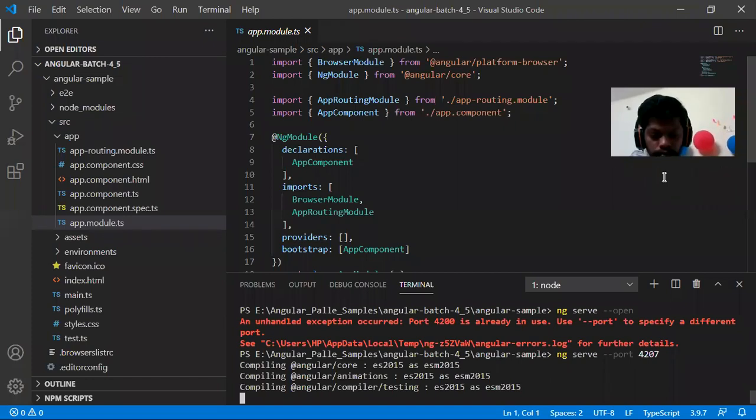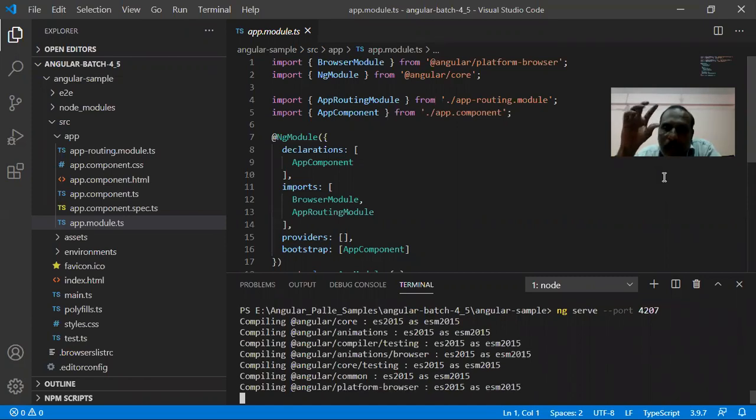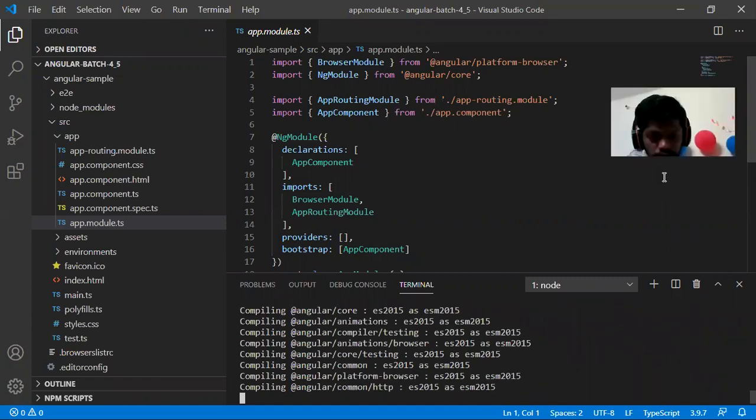Right now my Angular application is being compiled. It is saying compiling is happening. Once the compilation is completed, I must open my browser, and in the browser I must be able to see the output.